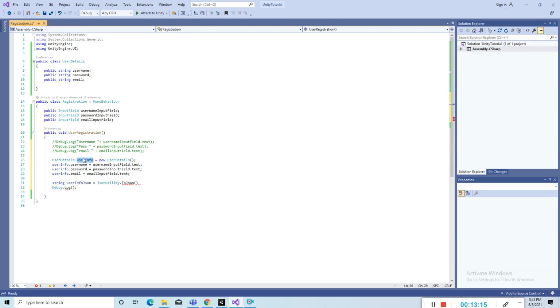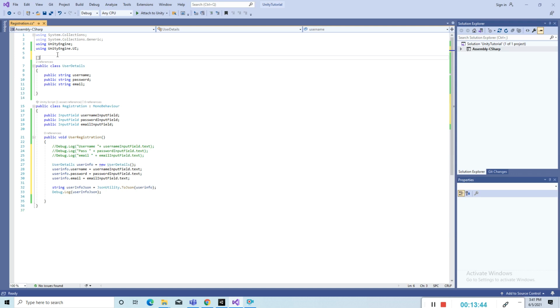So JsonUtility will convert this class object into a JSON string. Okay, so for that I have to make it serializable.